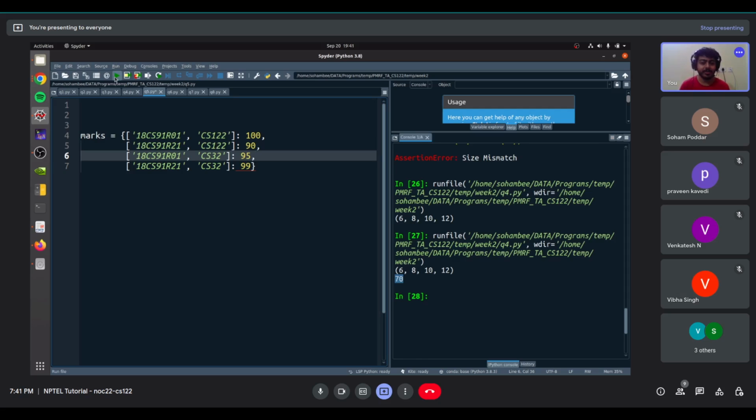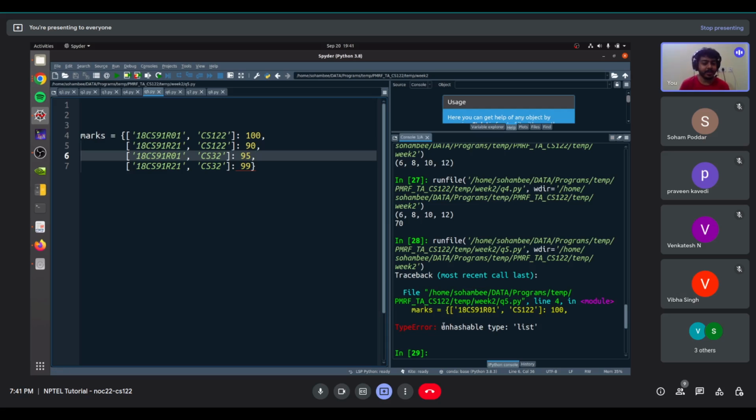But if we try to run it, it will show you an error that list is an unhashable type. So this is exactly when you need tuples, because tuples are basically like lists, but you cannot change them. Not going into the details, but when you are using a tuple, Python knows that this is not going to change, so it makes a fixed representation in memory, so you can use it like a normal integer or something. So if we just convert these to tuples,